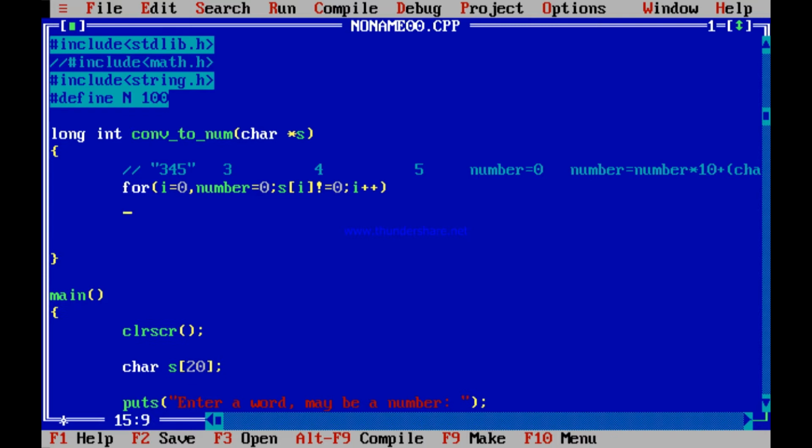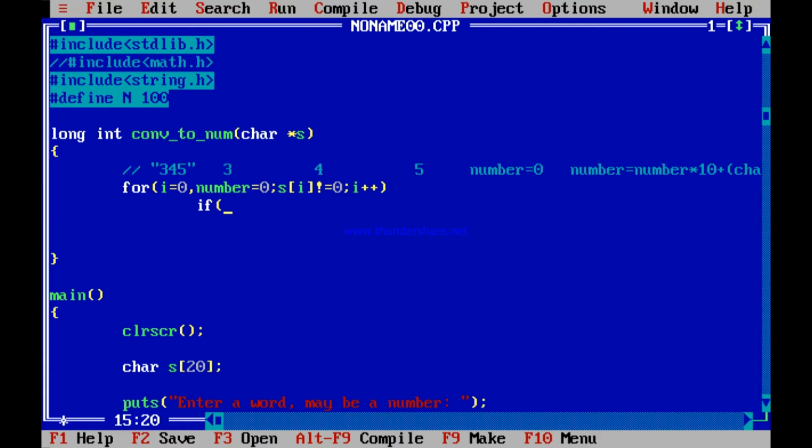Over here, every time I need to check whether it is a digit or not. If not, it is not a number. Suppose it was E45, then over here I would have scanned E and immediately I will tell it is not a number. Even if it is a blank space, I will scan a blank space and say it is not a number.